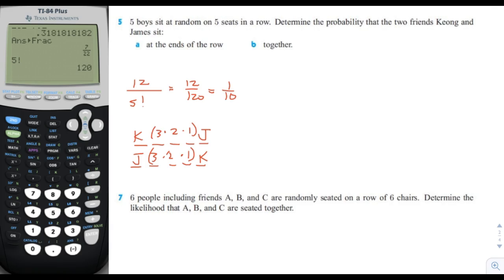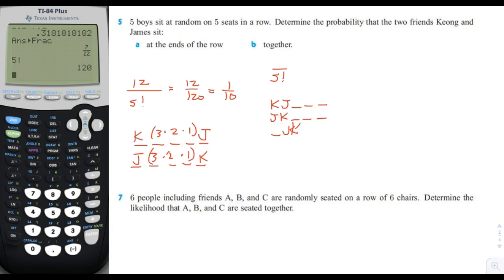Okay, let's do B. What's the probability that they sit together? So this time the denominator is still 5 factorial, because there are 5 factorial ways for 5 boys to sit in 5 seats. And how many different configurations have Keong and James sitting next to each other? That would be Keong and James sitting here, and then 3 empty spots. James and Keong sitting here, and 3 empty spots. Then 1 empty spot,